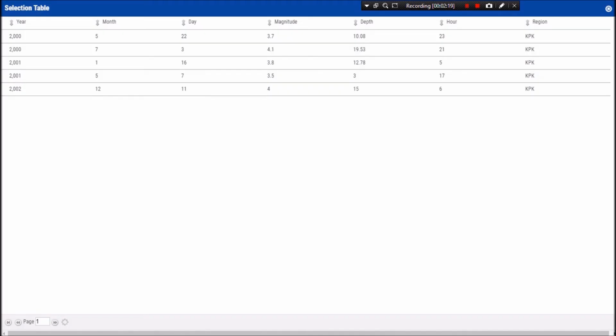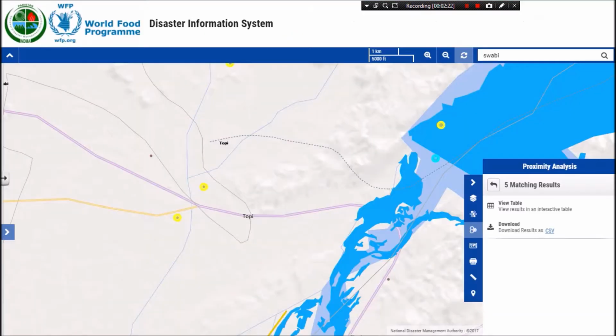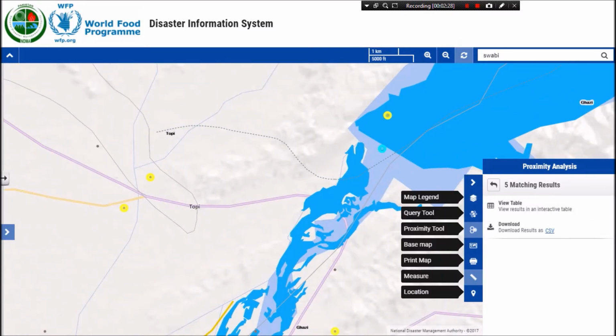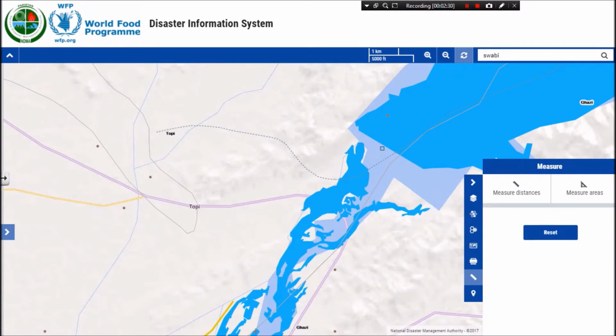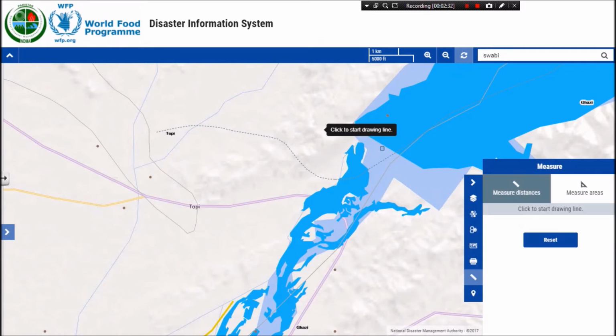We can view the details in the table, and we can also verify the result that we got here by using the measure tool. For example, we can measure the distance between the power station and this point here. So this is 8.18, which falls within the distance range that we specified, that was 10